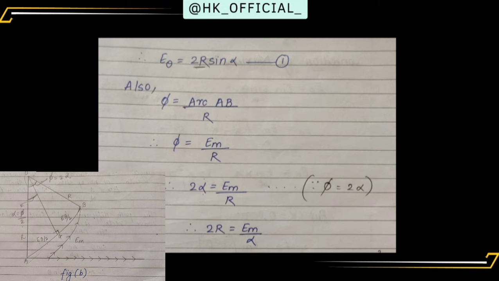First, we have considered figure A, that is of Fraunhofer diffraction due to single slit. Then we understood the diagram, and we made the diagram in the exam. I am telling you from the exam point of view. Then you will explain that diagram. Then you will start with the path difference. You will write the derivation and find out what the path difference is.